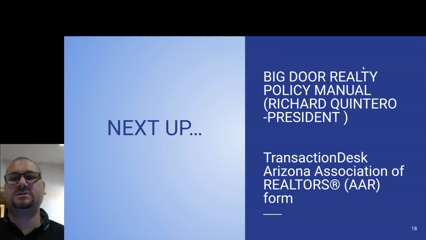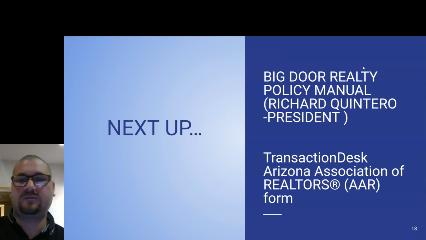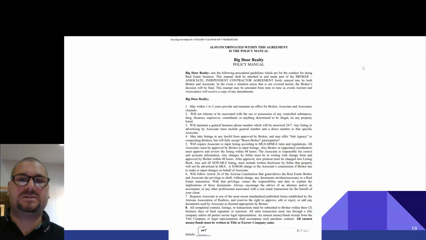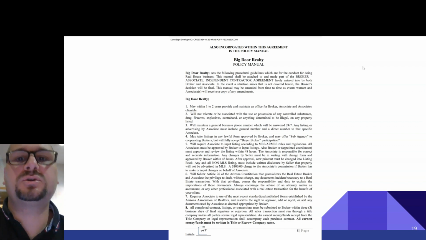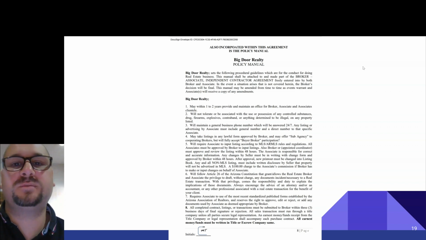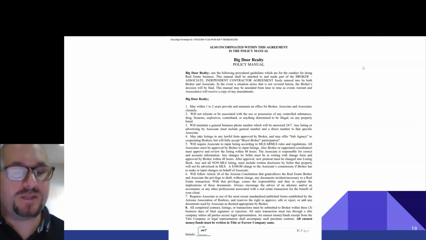The Big Door Realty Policy Manual was written by Richard Quintero, who's the president. It's the current company I work for. So we're going over this Big Door Realty Policy Manual. Also incorporated within this agreement is the Policy Manual by Big Door Realty, and then we go through